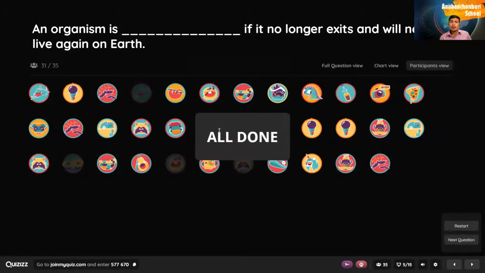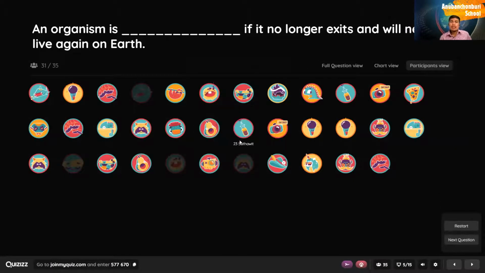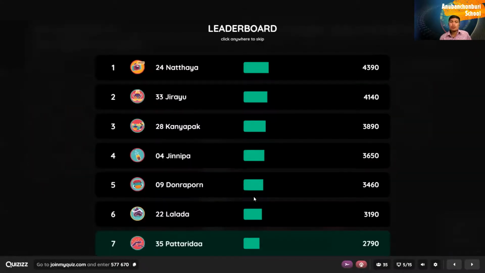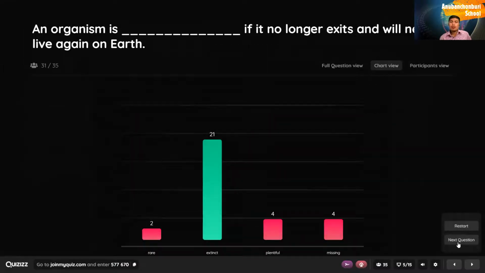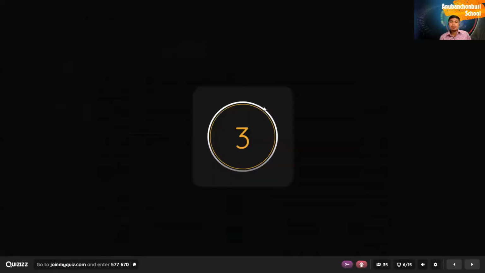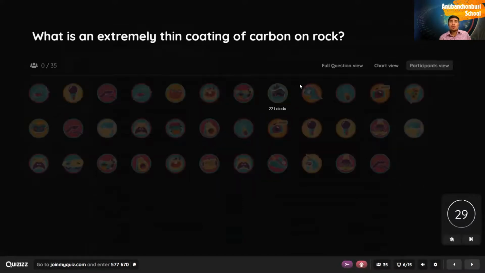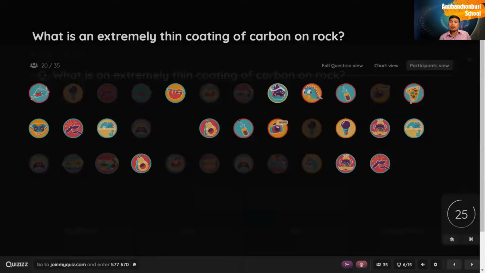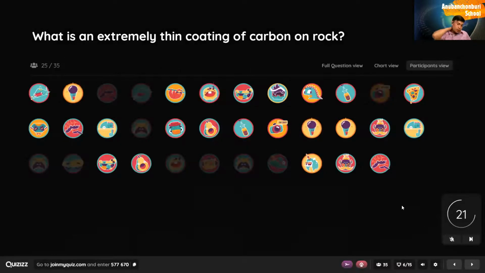Okay, the correct answer is extinct. Okay, please answer as fast as you can, so that there will be no overtime. What is an extremely thin coating of carbon on rock? Oh, I think I showed you this one, or I explained this one already. If you cannot get the correct answer, it means you didn't listen to me. Okay,